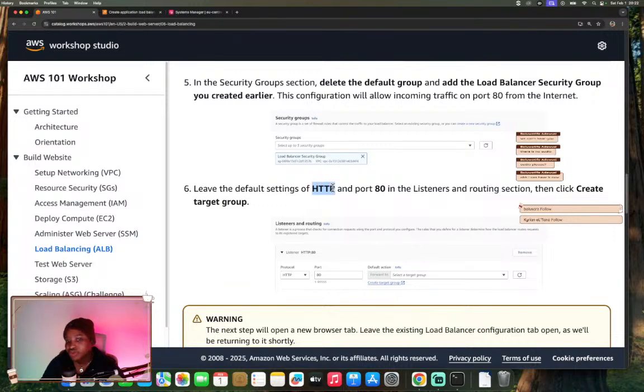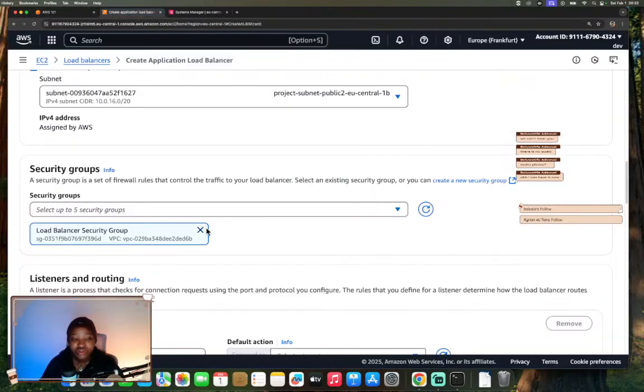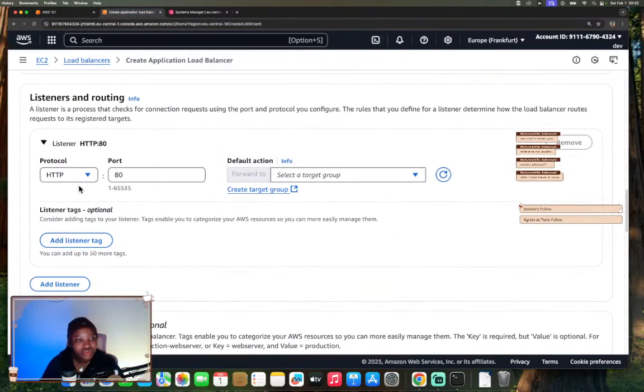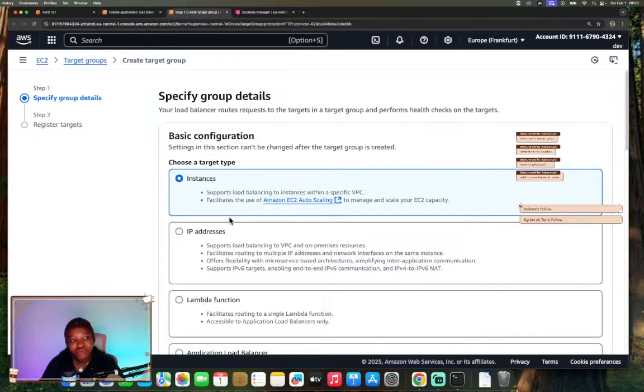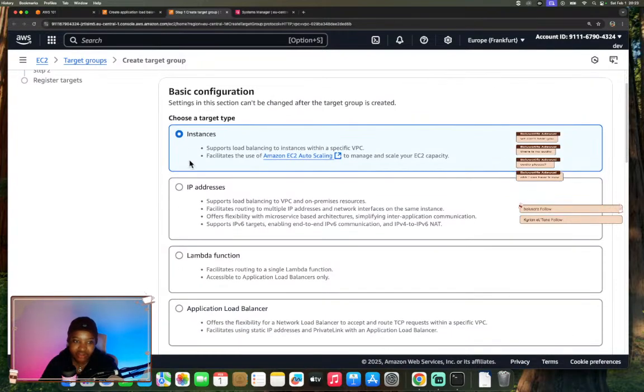default HTTP and port 80 for our listeners, and then we use that to create a target group also. So this is the default HTTP 80. We create a target group. That's the port on which we want to forward to this target group. So our target type is instances. We're going to be using our EC2 instances to